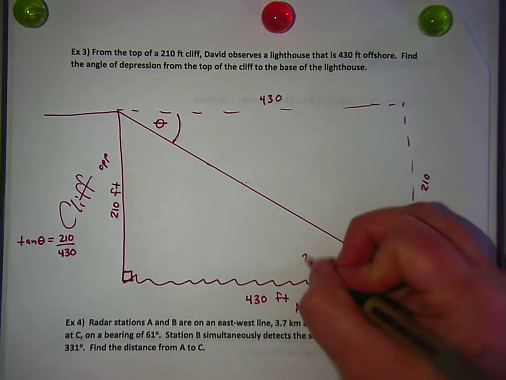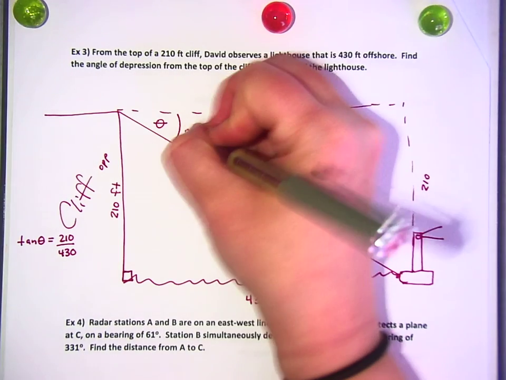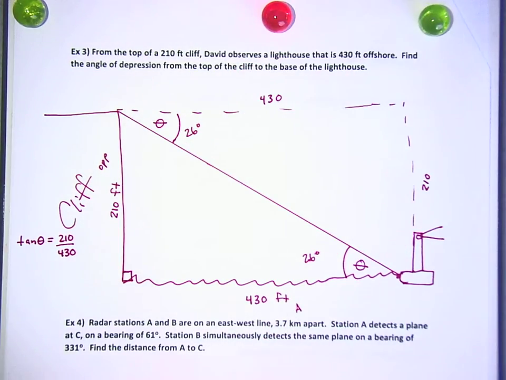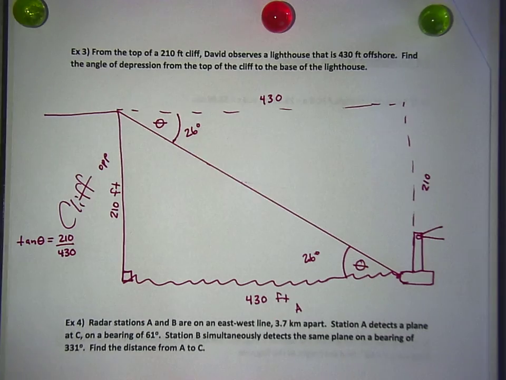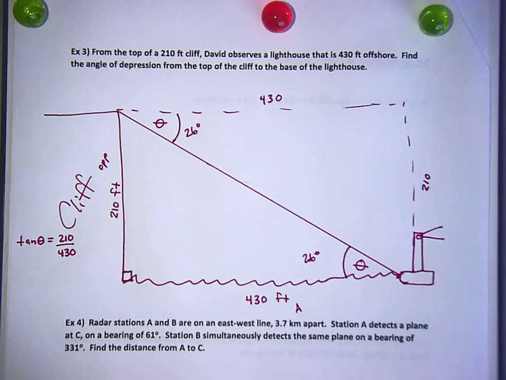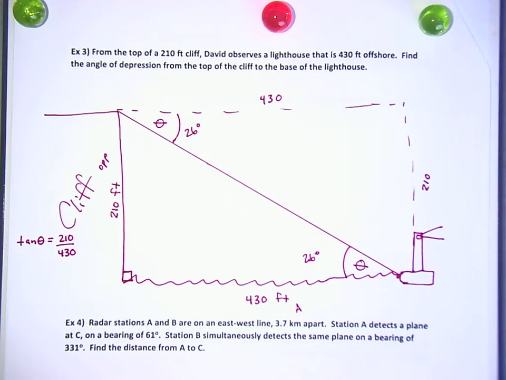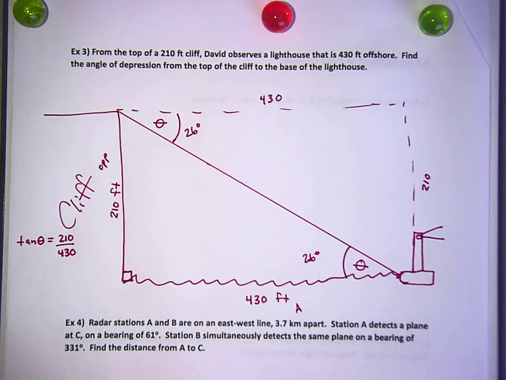Sure. Is that a reasonable answer for right there? Sure, I think so. What's an unreasonable answer? What's a stupid answer? 1 degree, 360, that's an extra stupid answer. 4,000 degrees, what are you doing? Okay, so